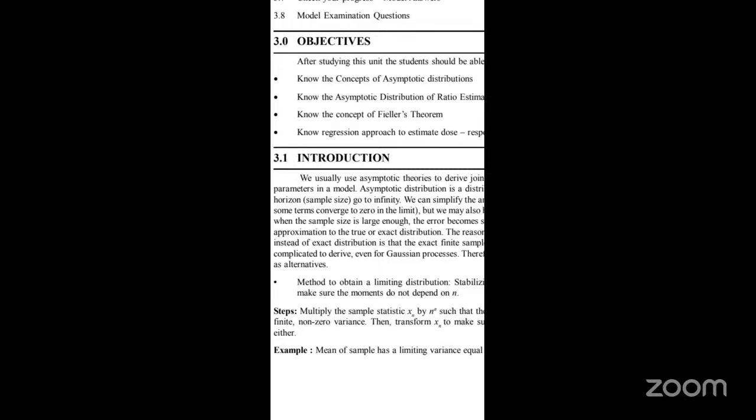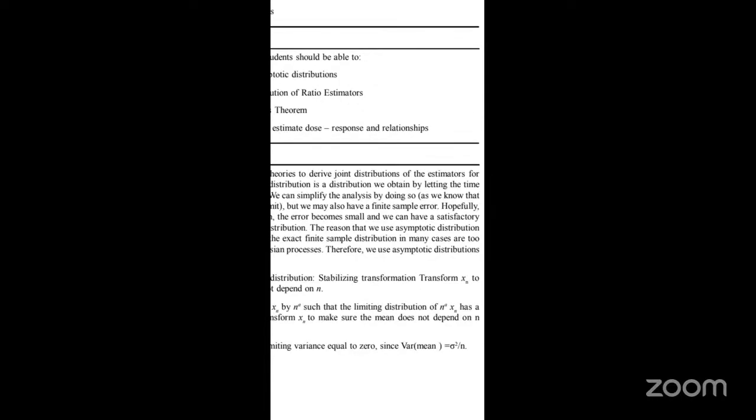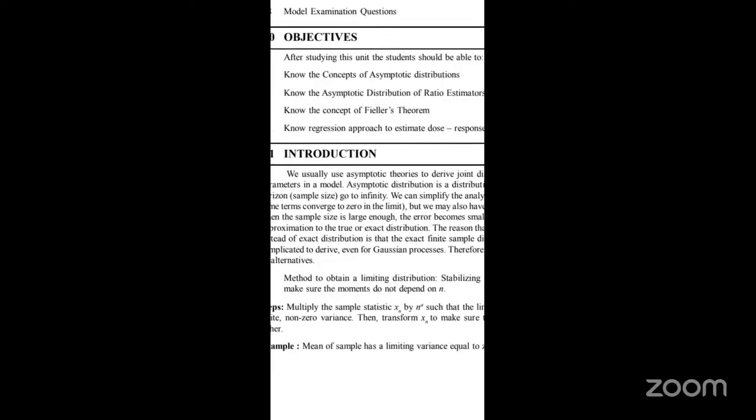As the sample size goes to infinity, we can simplify the analysis, as we know that some terms converge to zero in the limit. But we may also have a finite sample error. Hopefully, when the sample size is large enough, the error becomes small and we can have a satisfactory approximation to